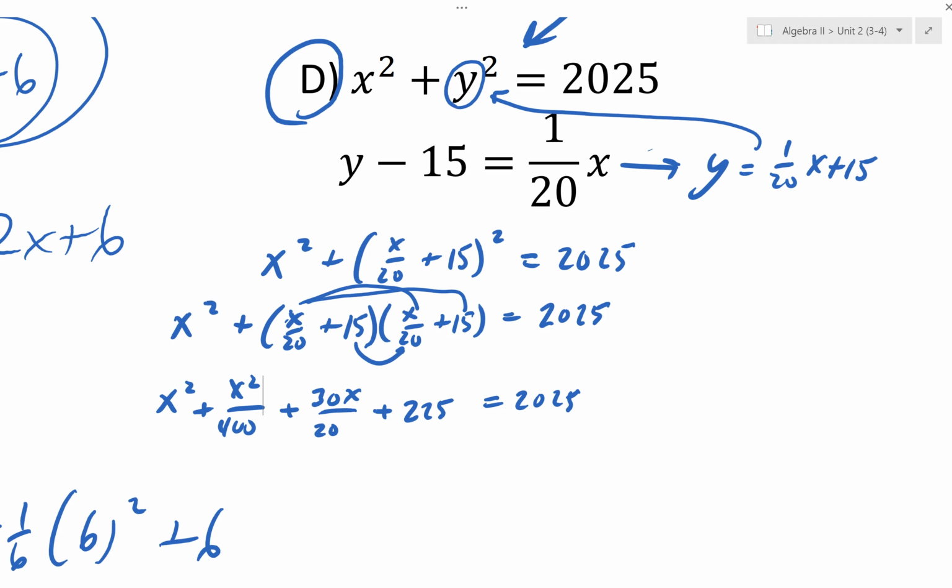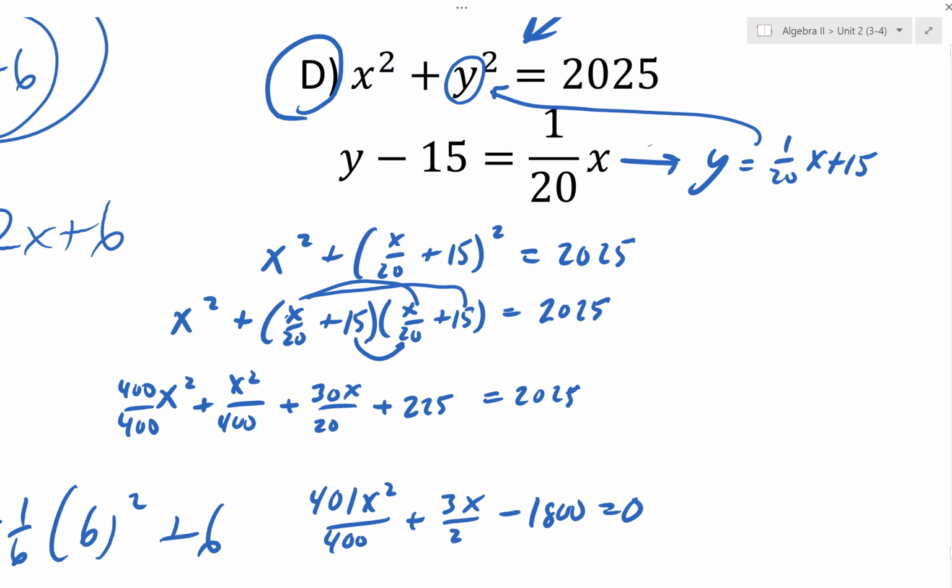Okay, and then now I want to combine all like terms and move everything to one side. So these two terms are both x squared terms. So think of this first x squared as being 400 over 400. So that's 401x squared over 400. And then 30 over 20 is 3 halves, so 3 halves x. And then minus, so if I subtract 2025 from both sides, that gives me negative 1800